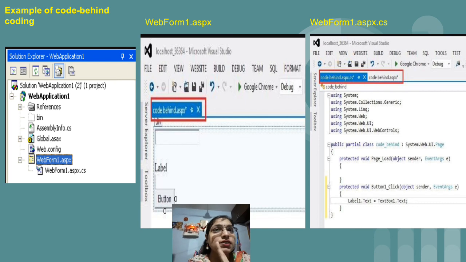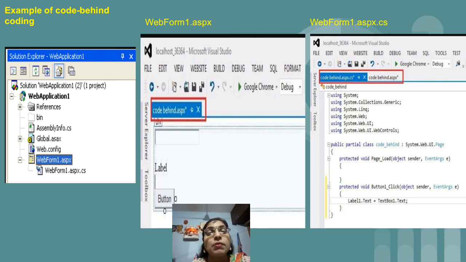And again, just see the first diagram. As I previously told you, in this chapter we are going to learn about different files. So other than your WebForm, first thing is WebApplication1. This is your one project or one website which will contain different forms.